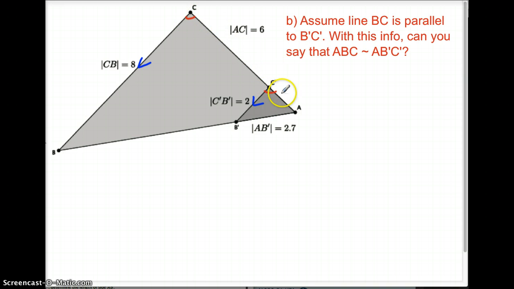So C is congruent to C prime, B is congruent to B prime, and A is congruent to A prime. And from what we learned yesterday, if you have two sets of angles that are congruent, then your triangles are similar. So we'll say yes, they are similar